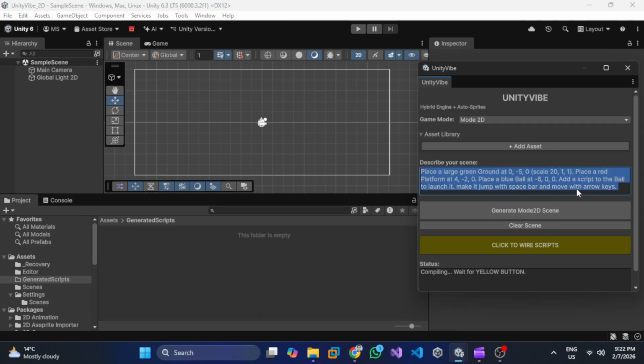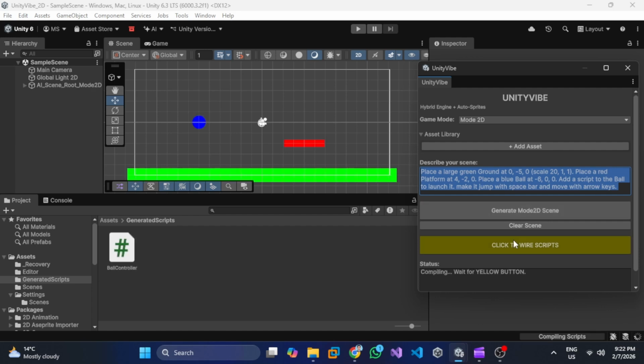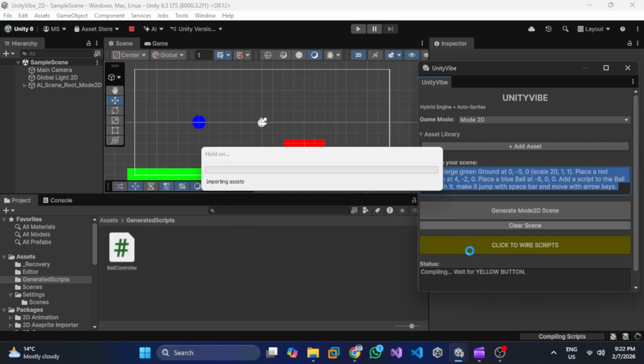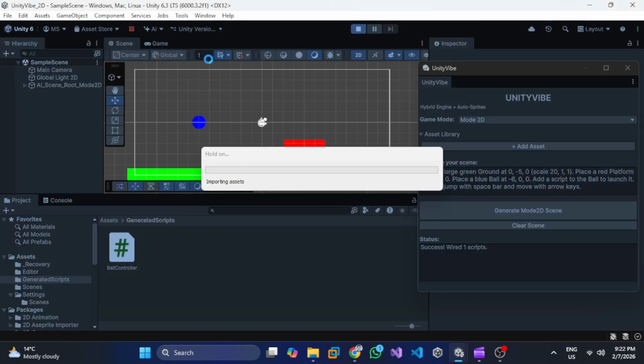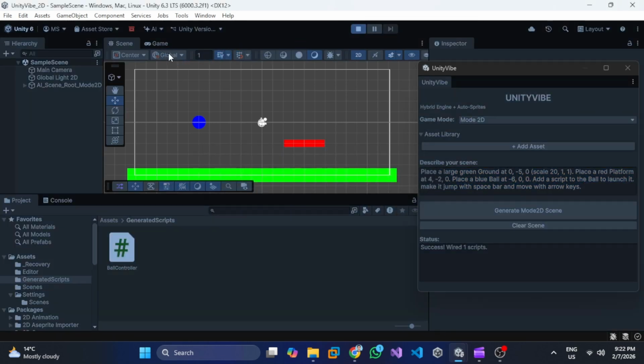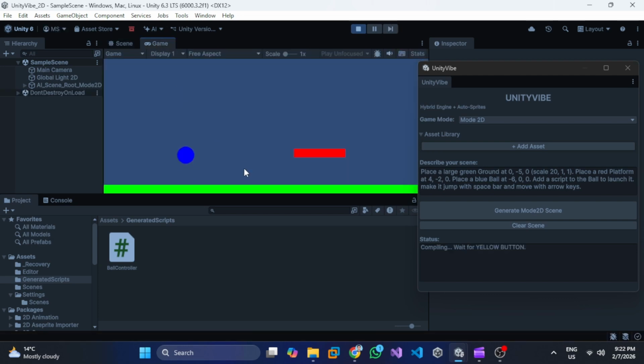I have typed the prompt and now I will generate the script, and it's generated. I will click to wire the scripts, and the scene is created. I'll play it. As you can see, this is working as intended. The ball is moving and jumping